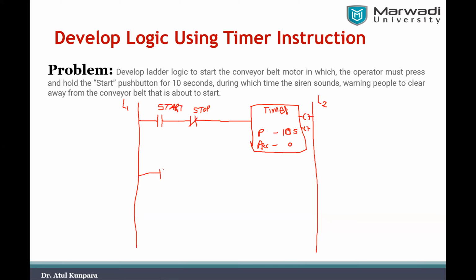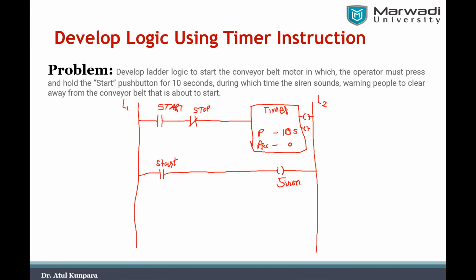In this rung, I can put one contact of the start button again. This will be the same start button that is in the first rung. And I'm going to apply that to one output coil that you may name, let's say, a siren, or you may say alarm, whatever you like. It is going to be on as soon as you push the start button. So that first condition is satisfied: when you press the start button, the siren is going to be on.